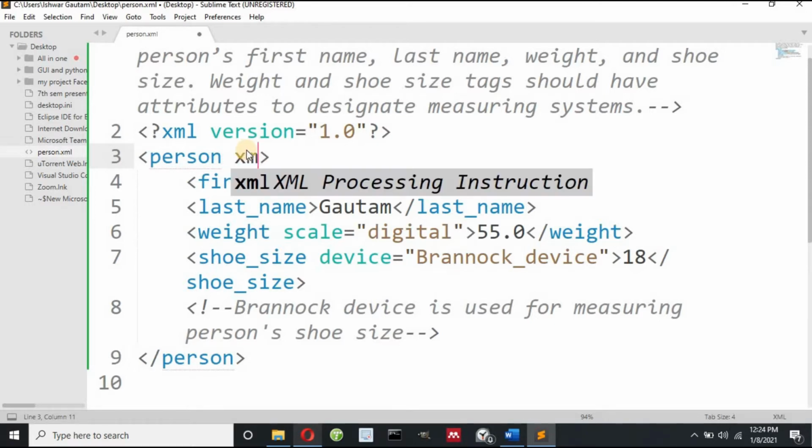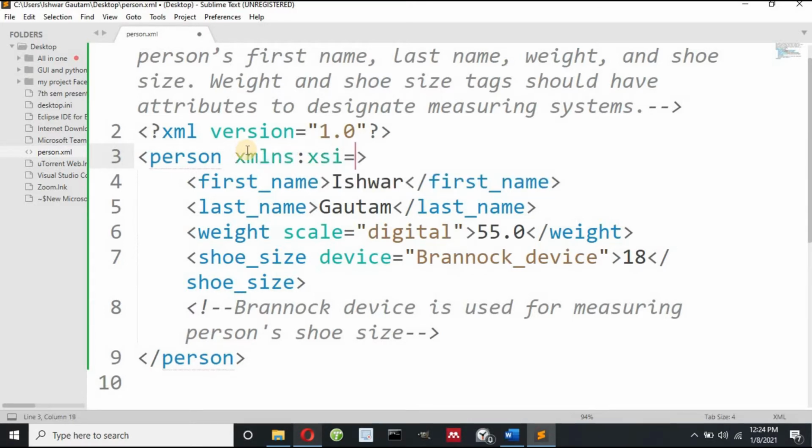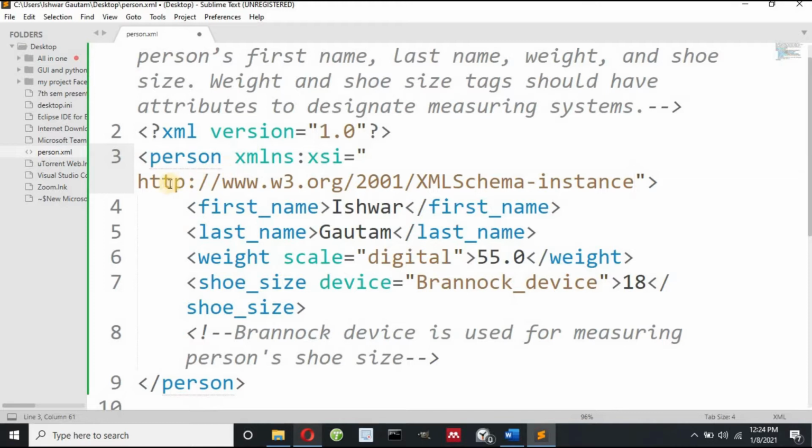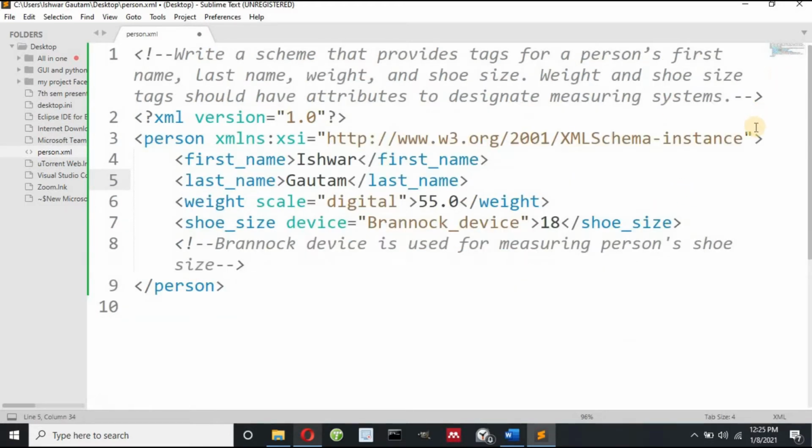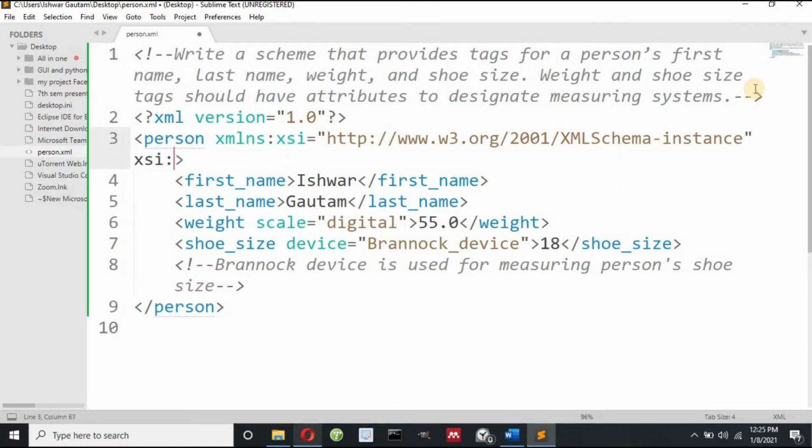So let me write xmlns:xsi equals to, one URI, just add this. And now we have to add one schema location: xsi:schemaLocation equals to, and now we have to pass the XML schema file name.